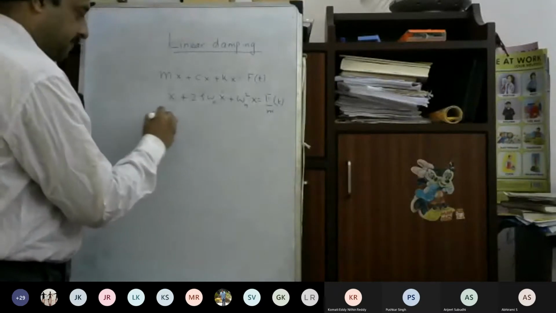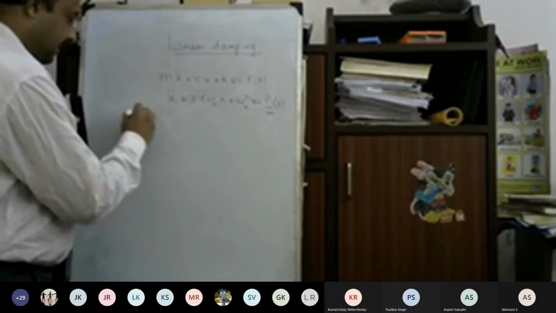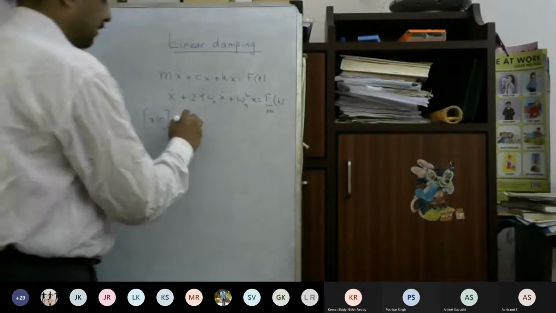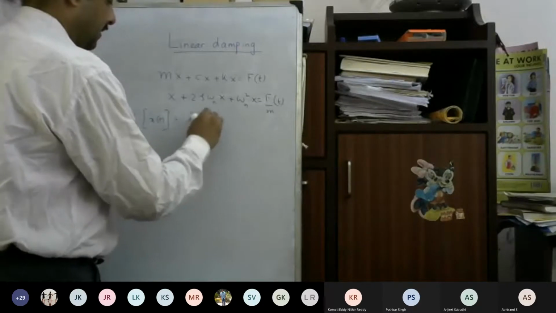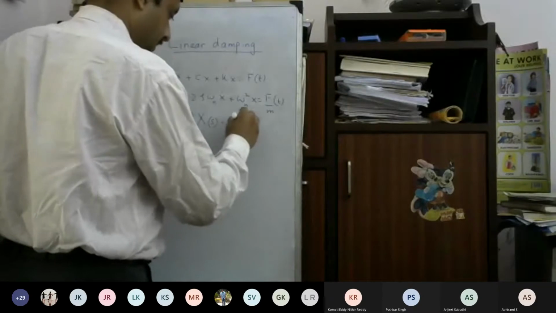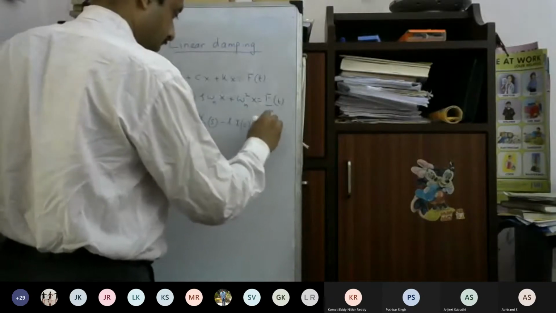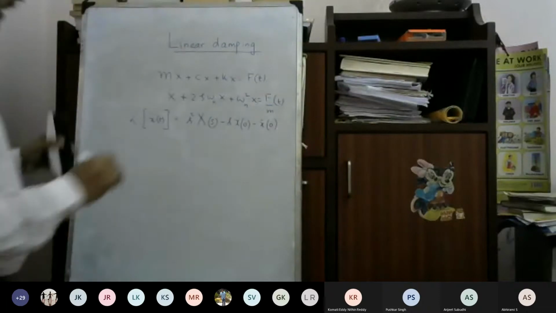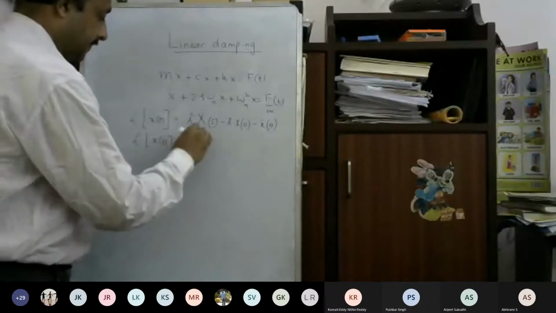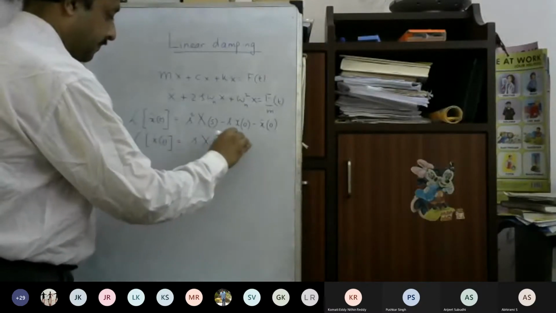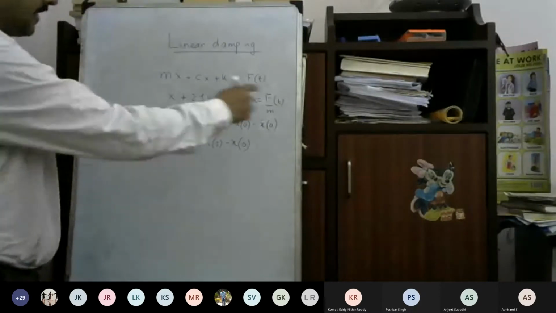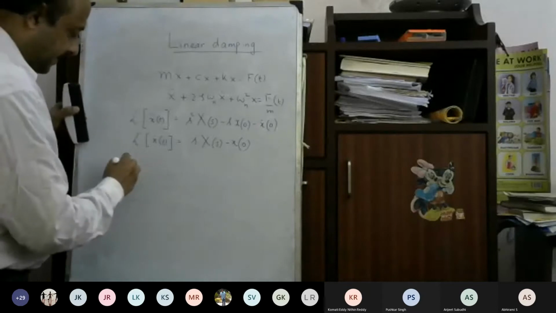Here, if you consider the Laplace transformation of both sides, that means the Laplace transformation of x double dot t, and the Laplace transform of x dot t, at 0. So if you take the Laplace transform on both sides, then you will get s square X(s) plus s